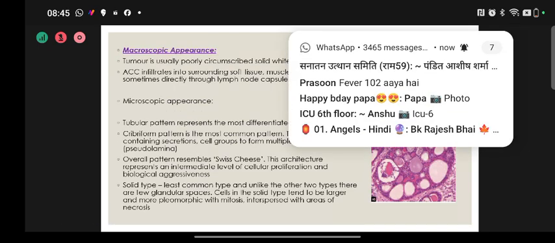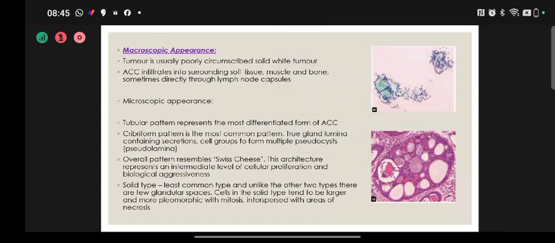On macroscopy, the tumor is usually a poorly circumscribed solid white tumor. It infiltrates into the surrounding soft tissue, muscles, and bone, and may also involve the lymph node by capsular involvement. On microscopy, the patterns that are commonly seen are the tubular pattern, the cribriform pattern, and the solid type. So the tubular pattern represents the most differentiated form of adenoid cystic carcinoma. Then the cribriform